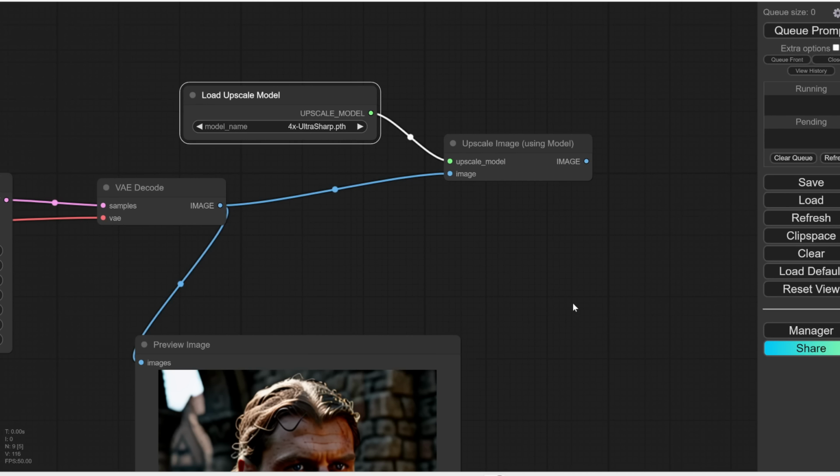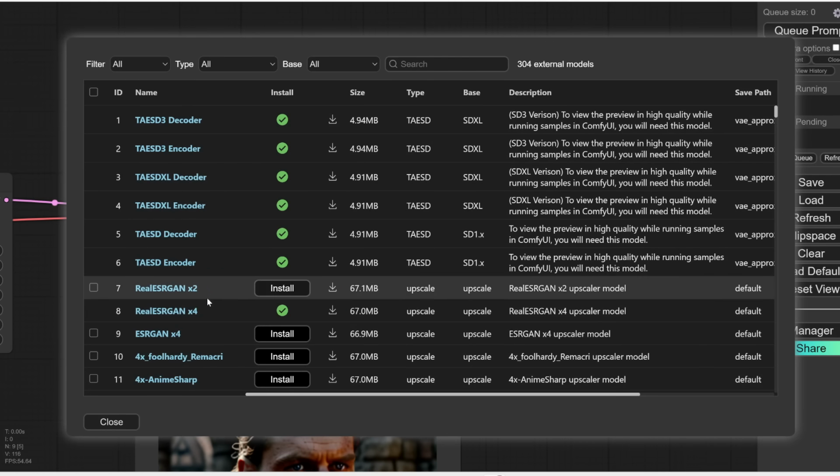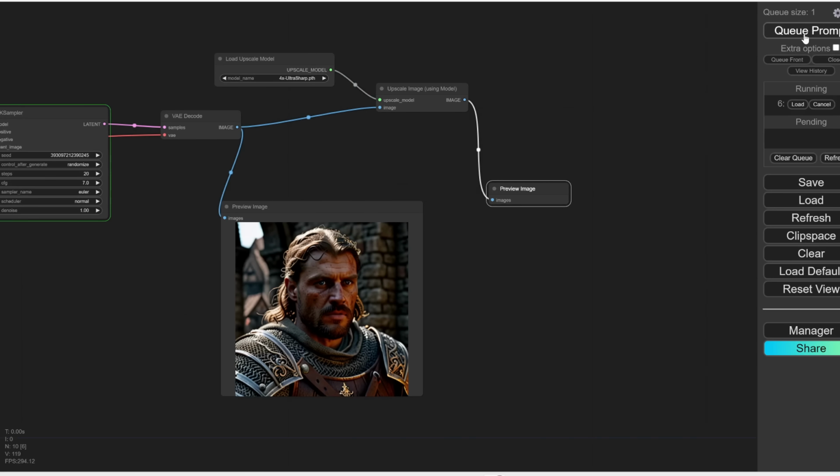If you want 2x, for example, well, you can go into Manager again and then click on Model Manager and then find an upscale model that is only 2x, like this RealESRGAN x2. All right, and then just one last step is we need to drag out another node to either save the image or preview the image. So if I run this again,